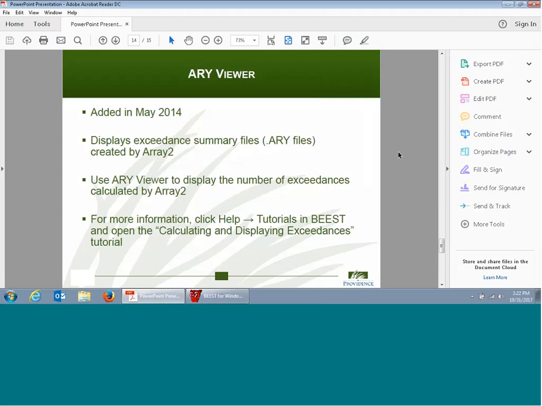And what that does is display a summary of your exceedances. Now, what an exceedance is, it's when a concentration value is higher than a certain limit that you define in BEEST. So let's say for SF2, which is in the model in BEEST, if you want to see how many times the concentration exceeds, let's say, a value of 130 micrograms, you can tell BEEST to give you that information, and